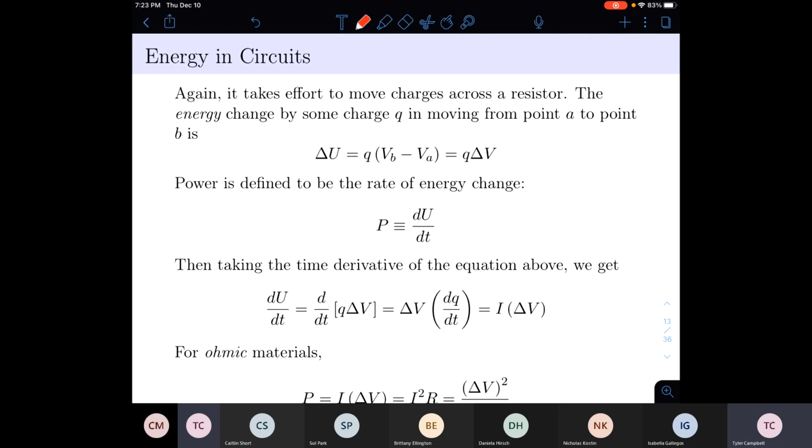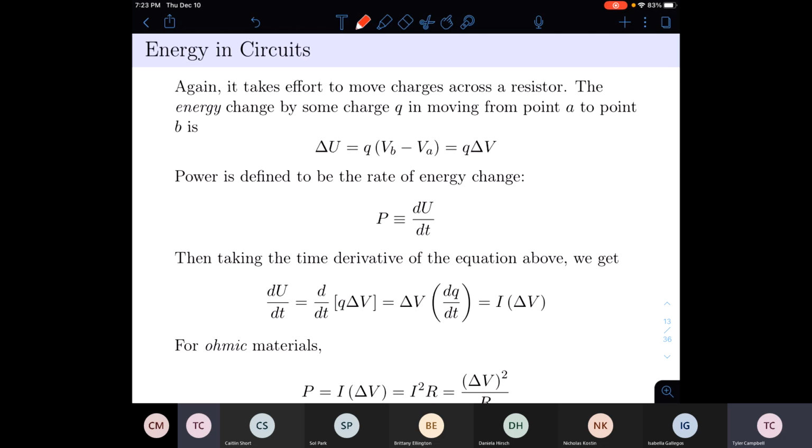All right. So moving on to a little bit more of the equations we use in circuits. Hopefully you guys are familiar with this one right here. This is one we used a lot this semester. This is the equation for electrical potential energy, right? We use it a lot in circuits to find the potential energy of some object. So mathematically, the change in potential energy is equal to charge times the voltage difference,